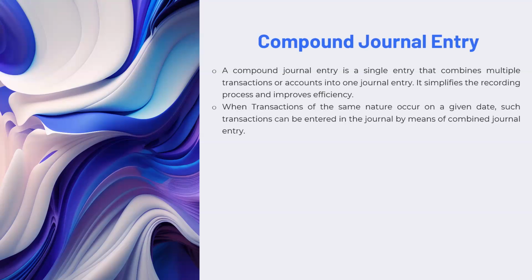For example, let's take today. Today is 28th of October. By morning, the company has sold goods worth 10,000, and by afternoon, the company has sold goods worth 5,000, and before closing for the day, by evening, they have sold goods for another 7,000 or 8,000. So if you see, the date aspect is the same and the nature of the transaction, sales, is also the same. If all the sales transactions are cash transactions, again the cash aspect is the same.